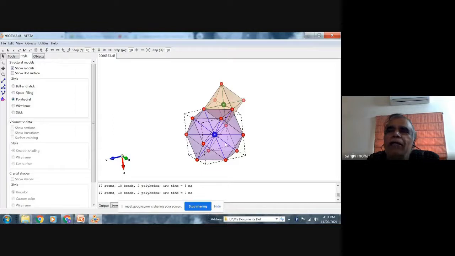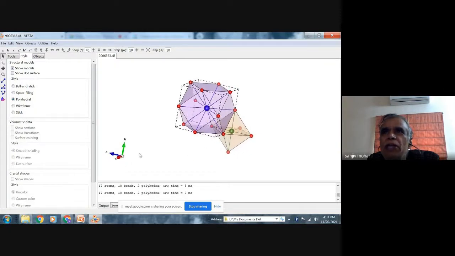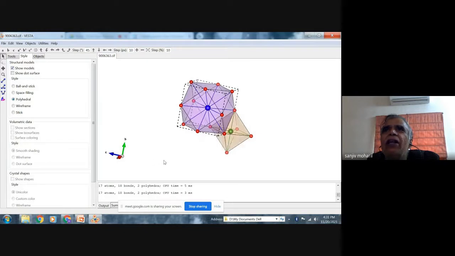So I can get various types of shapes using the software Vesta, and these figures look very beautiful. You can also change the color. So it is a very nice way of showing the crystal structure. This is the crystal structure of KMgF3.